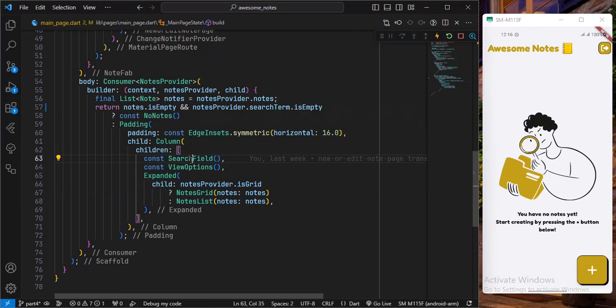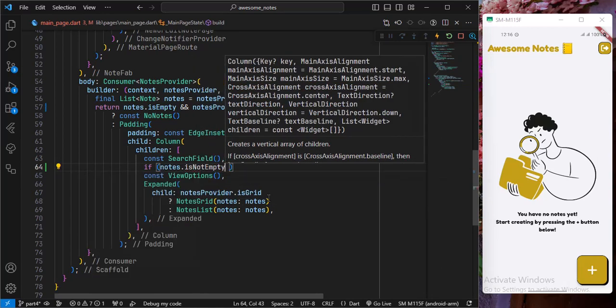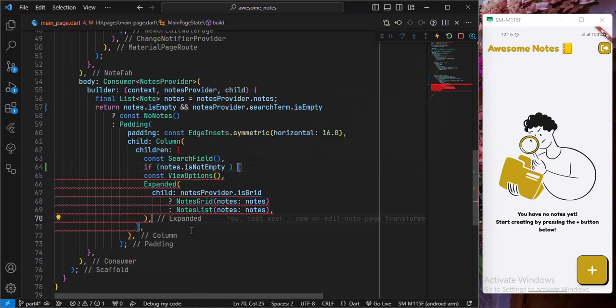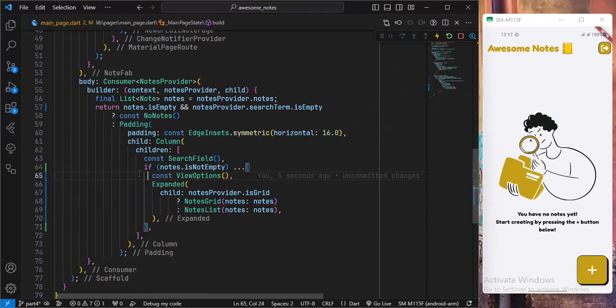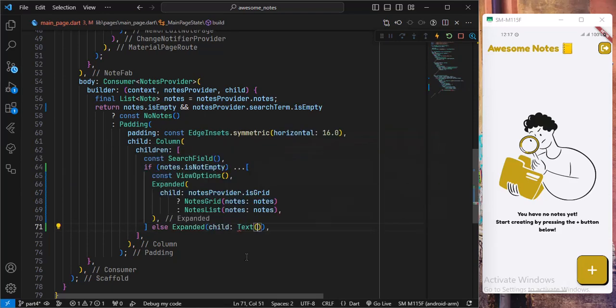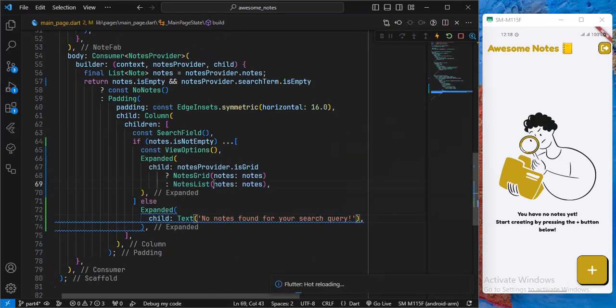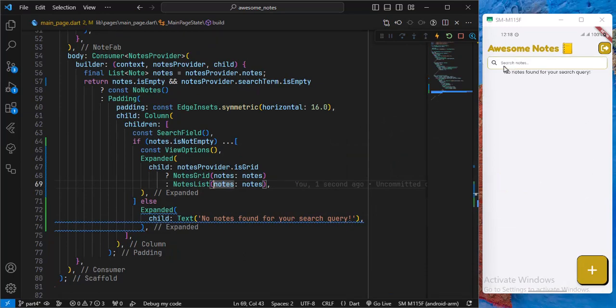So in here I will say show the search field in each case, okay, but if notes is not empty, then show these two widgets. So if there are notes available, then show the notes, otherwise return an expanded widget, and as the child just say "no notes found for your search query." And now if I hot reload this again, then the page is shown saying that no notes found in